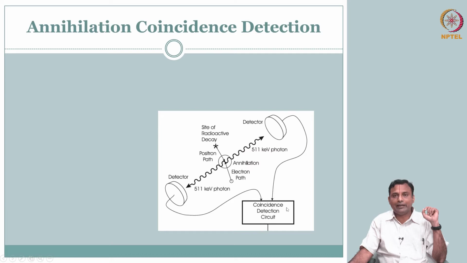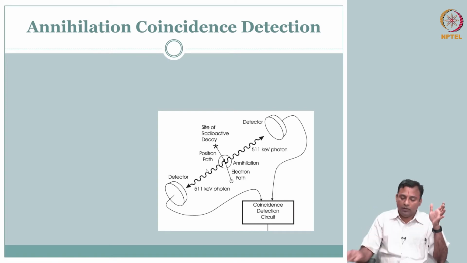So this is a very integral and important part of your PET instrumentation, and this is very important because we are going to use this information to our advantage. That information is, if I get an activity, can I get another activity about the same time on the detector that is exactly 180 degrees on the other side? If I can get that, then I know that activity has happened in the line connecting the two detectors. That much I can say. Okay. So you see the advantage here.